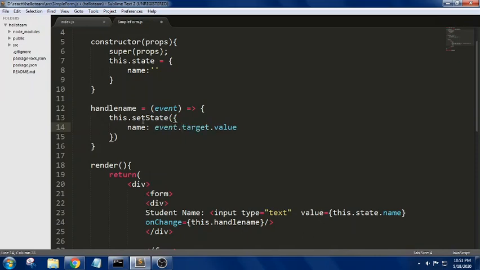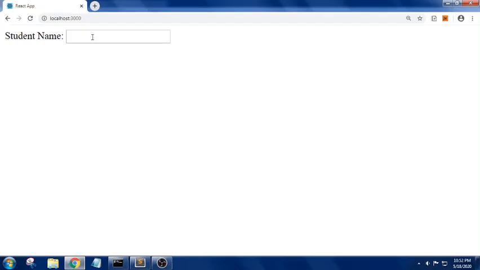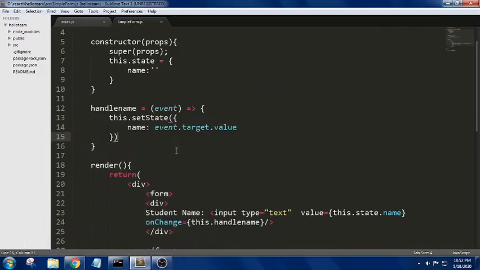So here we are trying to create, in this function, a way to save an input text value in our state using the setState method, so that we can get the input value using event.target.value. Now let us see how it goes. I'm trying to save this code. Now you can see I am able to edit. Now we are able to read that input field.